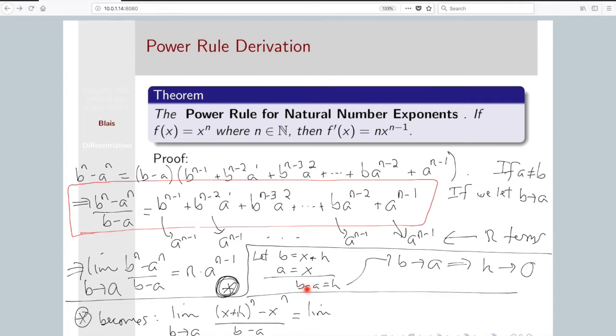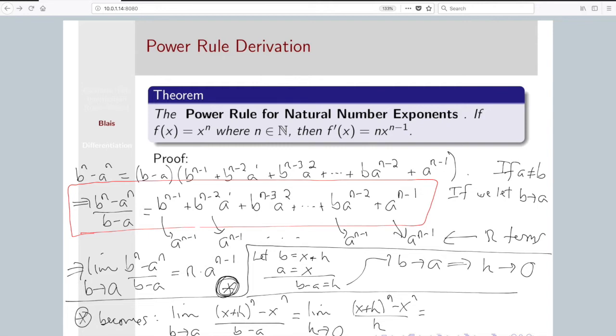And if b approaches a, then h, which is b minus a, is approaching 0. So the limit as b goes to a can be replaced with the limit as h goes to 0, x plus h to the n minus x to the n over h,